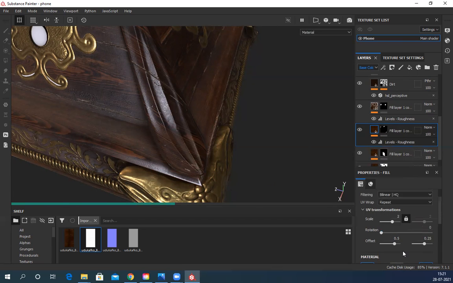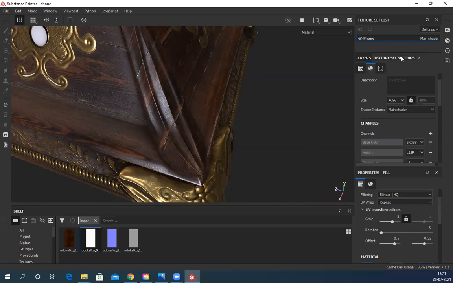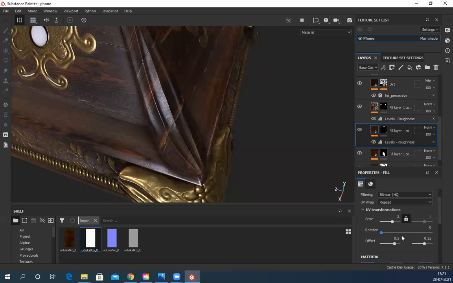Let's see, I make it 0 first, and check the direction. Still not very nice. Because right now I'm using 4K resolution, it's taking a little time. To work faster, I can just reduce it down to 2K, and then I can work on it and fix it really quickly.